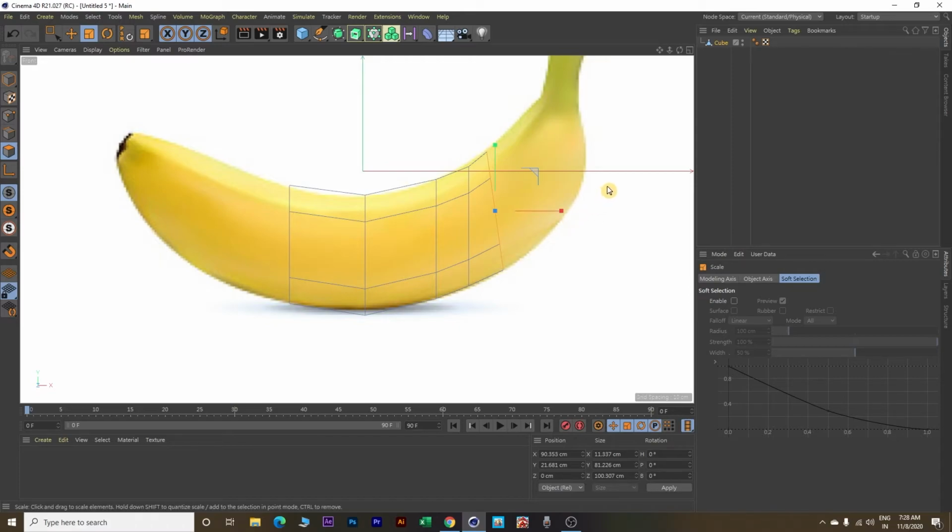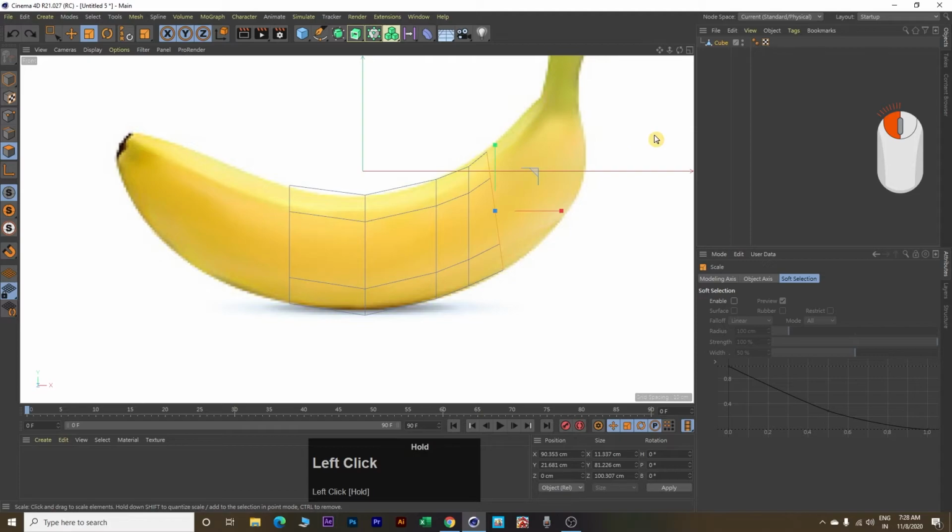What I will do is simply click somewhere outside here and drag my mouse left or right. See, when I go left, it is resizing from all directions, and when I go right, it is resizing from all directions. So I will slightly resize this additional set of polygons.